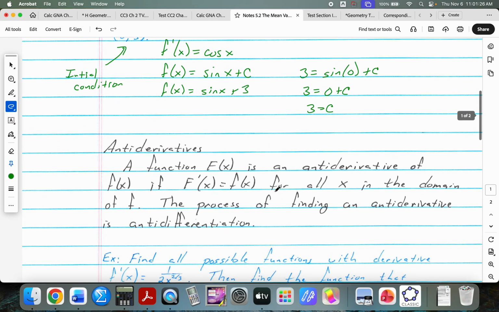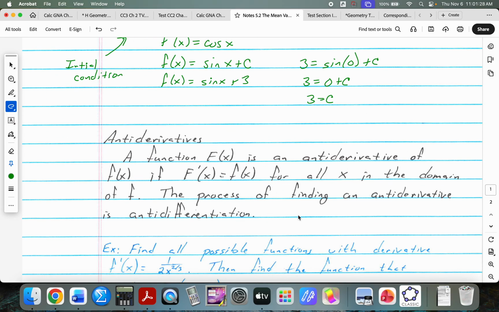So just in general, a function capital F of x is an antiderivative of f of x if capital F prime of x is equal to f of x for all x in the domain of f. And that process of finding an antiderivative is called antidifferentiation,